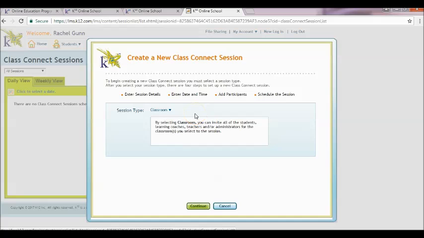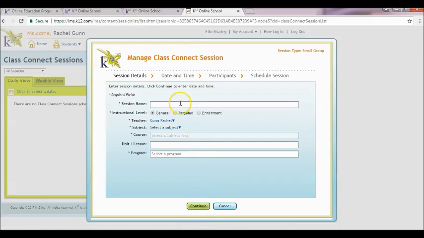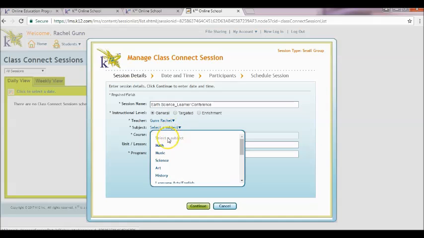There will be specific instructions per school on how you're going to create your Class Connect sessions. So for right now, I'm just going to pretend like I'm doing a small group. And there's specific naming conventions, again, for each school. So you're just going to follow the procedures that when it's time, your school will set up. I'm just going to put Earth Science. This will be a learner conference for today. Okay, I'm going to pick my subject,